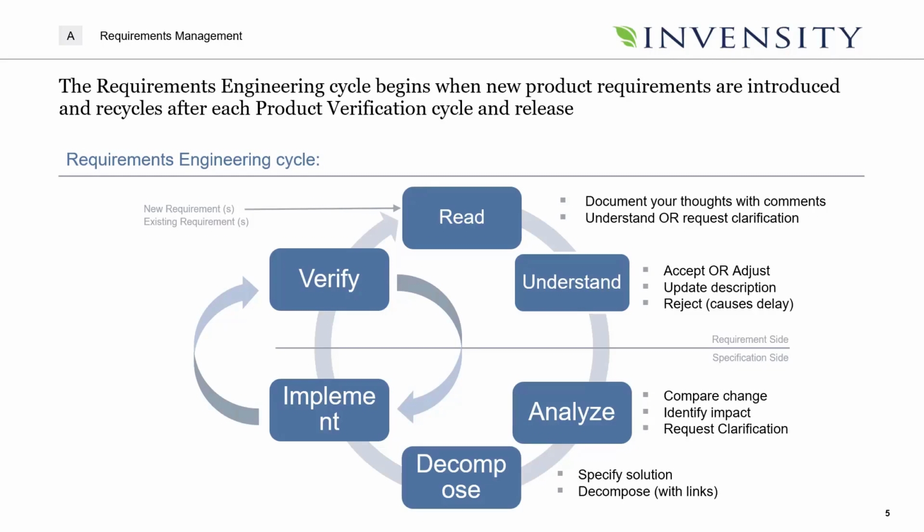In the end, we build and implement the product, and we verify the implementation, and then we learn something. We learn in testing and in other verification techniques, such as design verification or inspections of a design, that our requirement was too loose, or our requirement was too strict, or we missed something completely, and then we have to start the cycle again with this feedback. And as we see here, it can be a very fast cycle, or it can be a very slow cycle. It just depends on how much agility we want to give our organization.